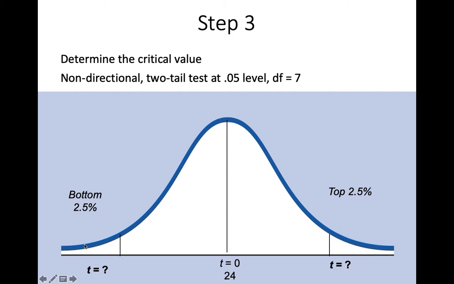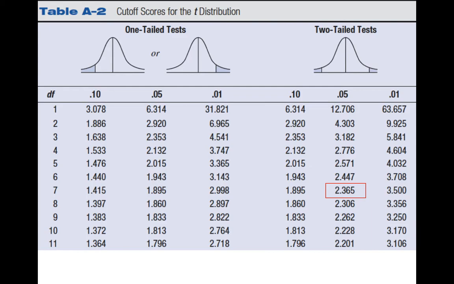And so what we're going to do is we're still going to follow the rules of statistical significance testing, which is that by convention, a statistically significant result is one that happens less than 5% of the time, assuming that the null is true. Okay, so we're still going to keep that alpha level of 0.05, and so to have a two-tailed test, we just split that 0.05 into 0.025 and put that 0.025 in both tails of the distribution. So the question becomes, what t-value is associated with the top and bottom 2.5% of the distribution, of this comparison distribution? To determine that, we need to look at our